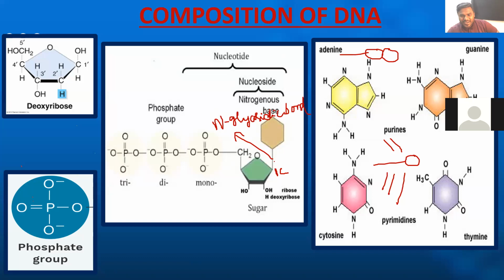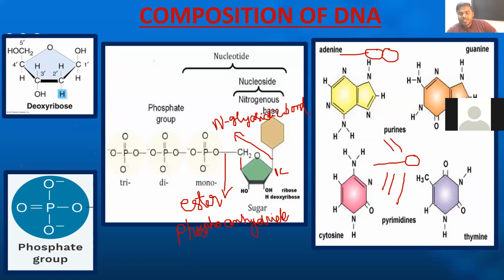90% of the students will understand this correctly, but some of the students will get confused here. Now, the first carbon of the sugar is associated with the base, no doubt about it. Now, all of you listen. The fifth carbon of the sugar, this is also unique, my friends. The fifth carbon of the sugar is connected to the phosphate group. 90% of the students will say that this is the phosphodiester bond. That is a wrong statement. This is not phosphodiester. This is called an ester bond. Very widely, we will be calling this a phosphoanhydride bond. Don't get confused, my friends.